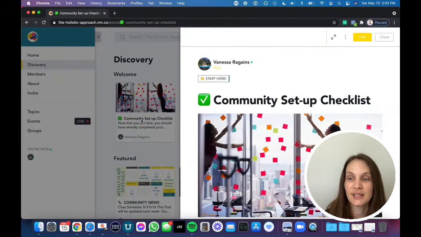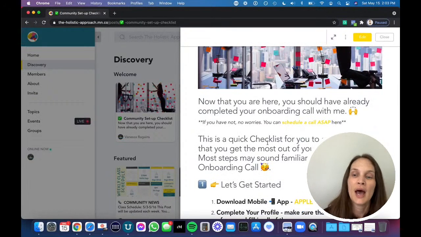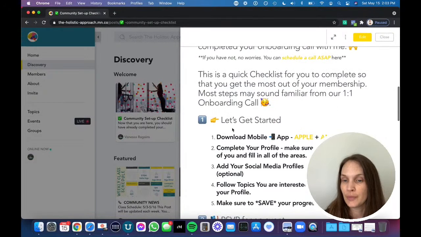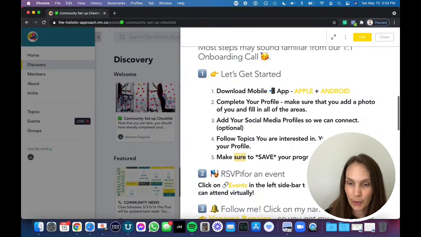Here's the community setup checklist. You just go through this checklist that I made, just a couple things to do to make sure that you're utilizing the community and getting the most benefit out of it. There are a few things under Let's Get Started, helping you get acquainted with setting up your profile and navigating around the community. These steps will help you learn the different areas of the community. So let's get started. You'll fill out your profile,